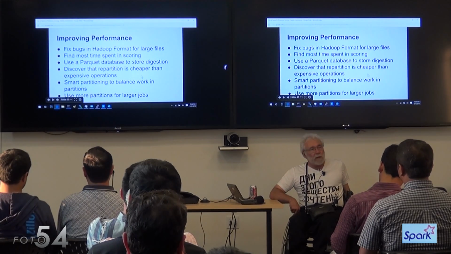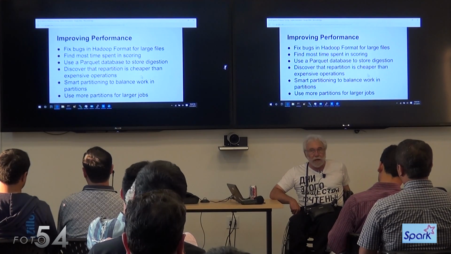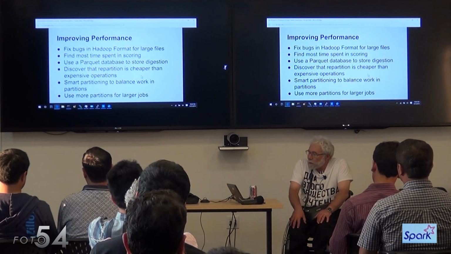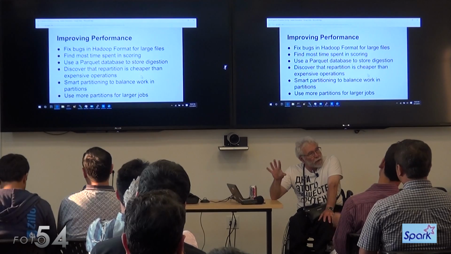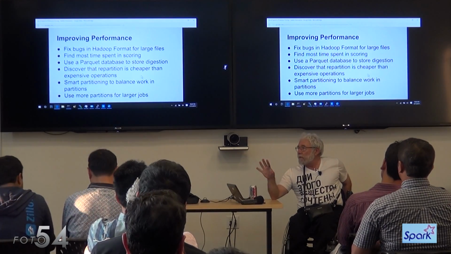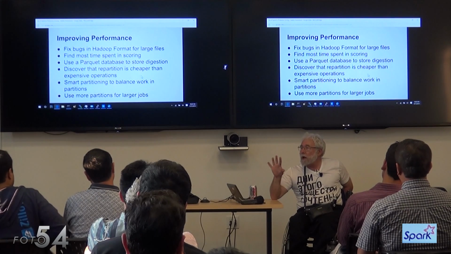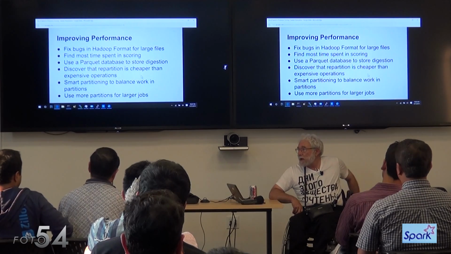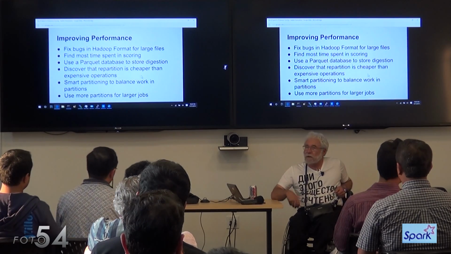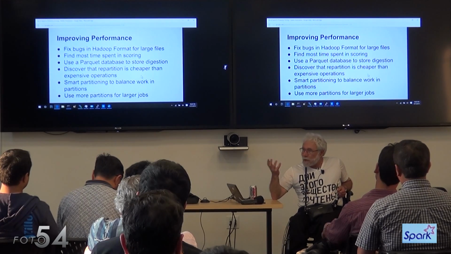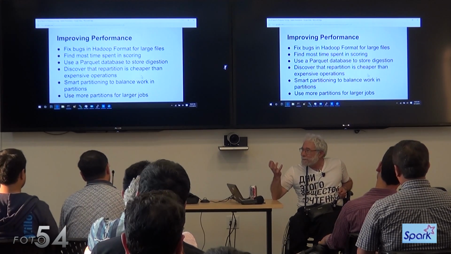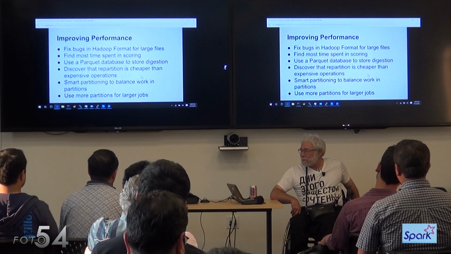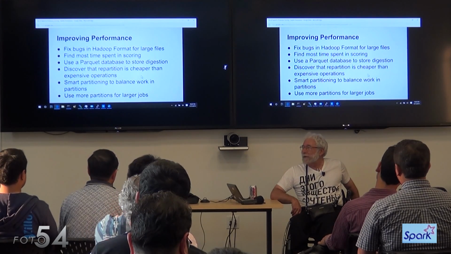I discovered that repartition is not a very expensive operation. I discovered that counts are not a very expensive operation. One of the things we did is we got this running. I'm currently running a sample of 10,000 spectra. We got that running 5-6 months ago. But my colleague in Norway who is into big computing says, can you do 1 million? And that took a lot of tuning. So far, I can do 400,000